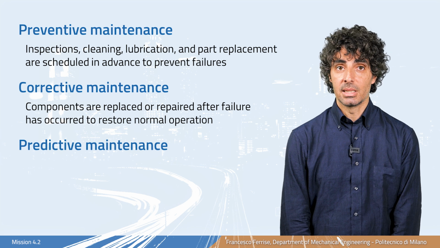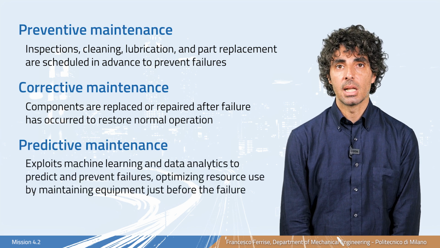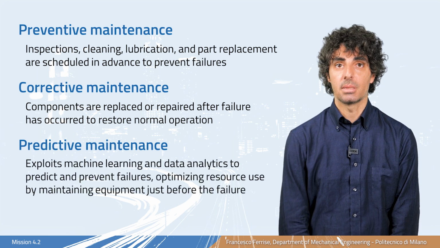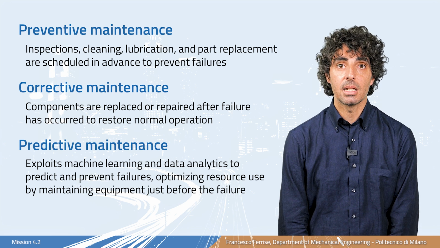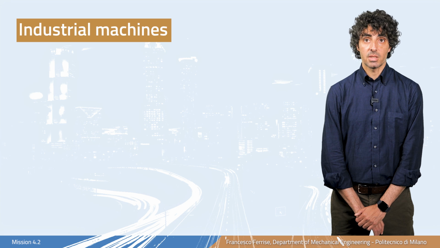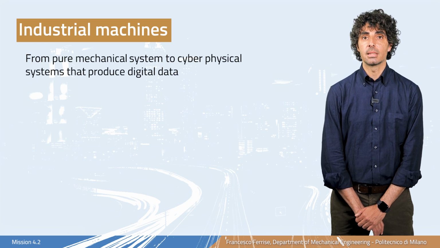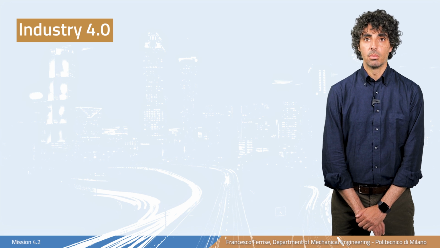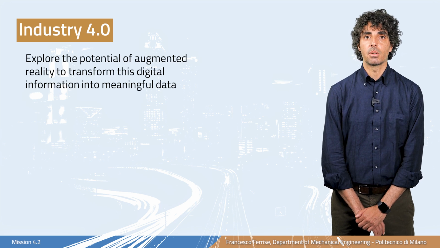Then we can have predictive maintenance, which exploits machine learning and data analytics to predict and prevent failures, optimizing resource use by maintaining equipment just before a failure. Industrial training and maintenance are in a phase of digital transformation. Talking about maintenance, industrial machines have been transformed from pure mechanical systems to cyber-physical systems that produce digital data. This huge amount of data is sometimes complex to understand and elaborate for a human being. Starting from Industry 4.0, companies have tried to explore the potential of augmented reality to transform this digital information into